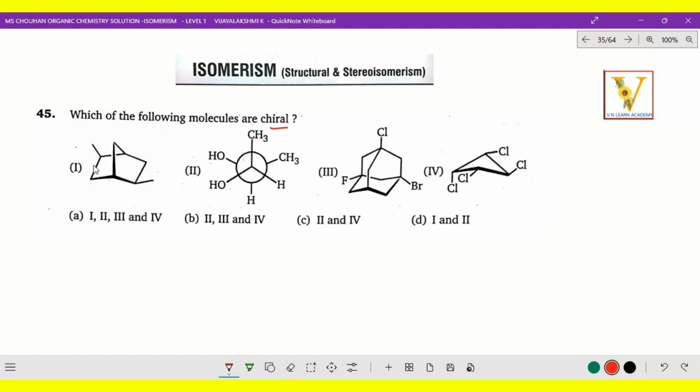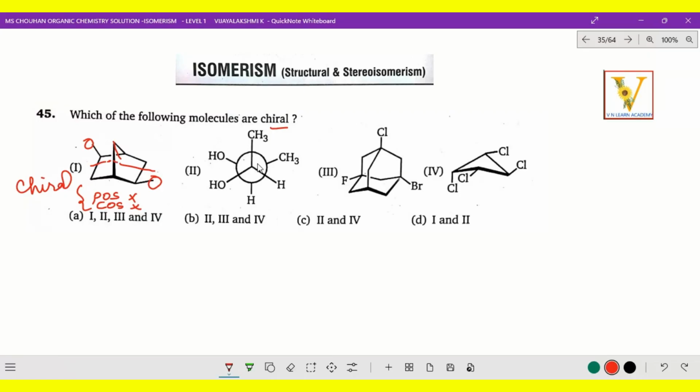Let us check here. Whether it is a symmetrical molecule or an unsymmetrical molecule, when we cut over here, we will identify. Here CH3 is downwards, here upwards, and there is a thick wedge portion and a thin dash position. So naturally POS, COS will be absent, which means optically active and a non-superimposable mirror image. Yes, this is a chiral molecule. So the first compound is a chiral molecule.